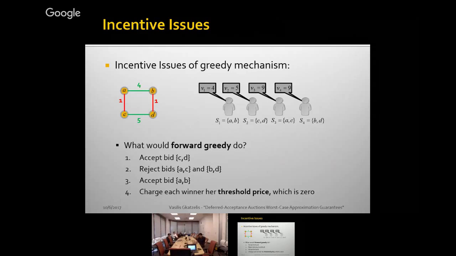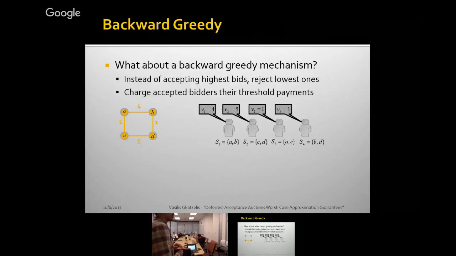So definitely there's strong incentive to form a coalition and lie this way. And this is a property not only forward greedy has, but also BCG would have. It would have the exact same outcome if you think about it. BCG would do the exact same thing, same prices here. So in important auction settings, you care about this too. There's strong incentives to deviate as a coalition.